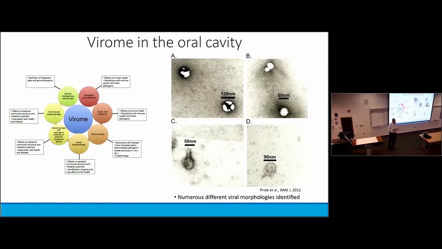We started out our virome research looking in the human oral cavity. We were a laboratory that was really interested in periodontal health and periodontal disease. And when we first started out these studies, we were really naive about viruses in the human body. And it was a really nice time to study the human virome, because at the time, we didn't really even know that the human virome existed.